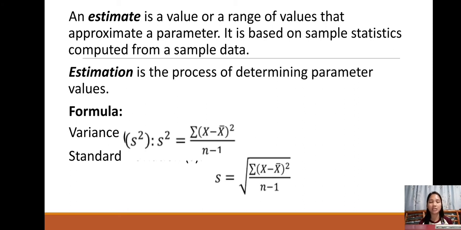That x bar is the mean squared over n minus 1. And for standard deviation, this is just the square root of the variance, which is equal to the summation of x minus the mean squared divided by n minus 1. So, since we are done talking about the terms that are needed, let us have an example in finding